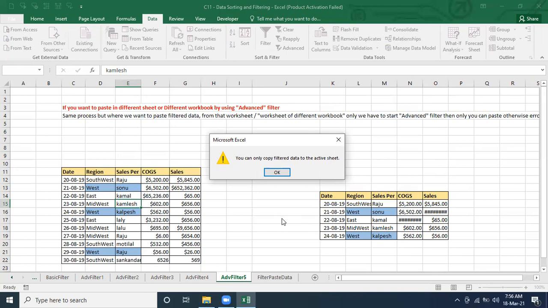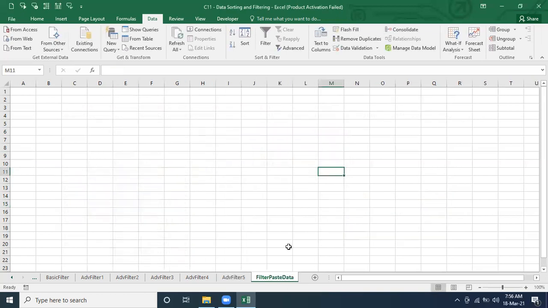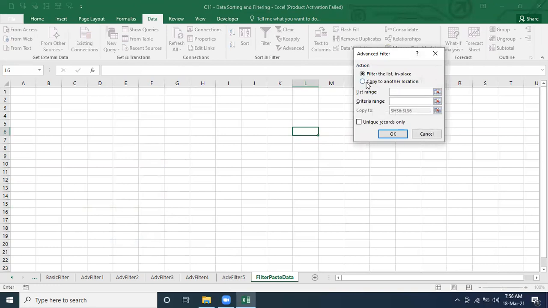We can't do it somewhere else. Filter data we can copy to the active sheet. So I'm going to make this one the active sheet, and now I'm going to do the filter data. Correct or not? Yes, we can do.